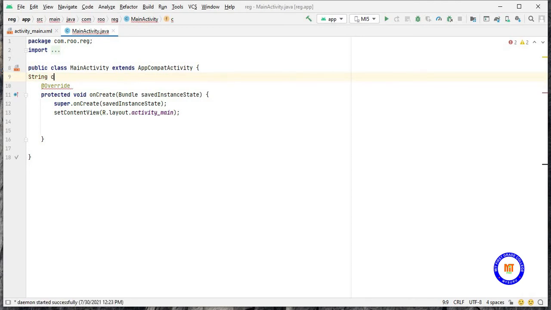Let the variable be courses equals BCom, BCA, MCom, BBA. We'll close it.